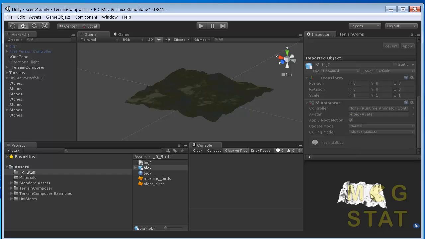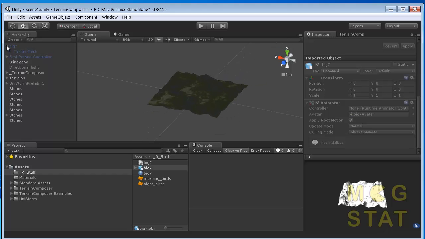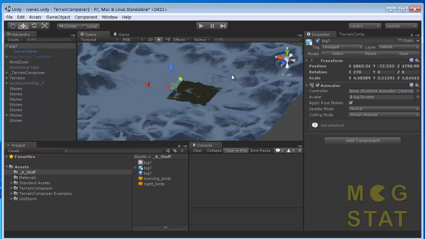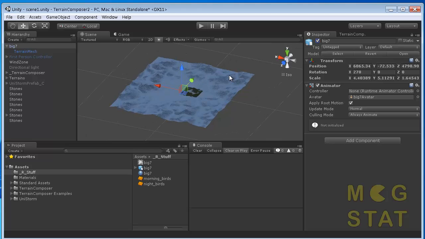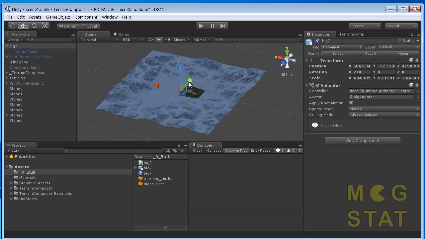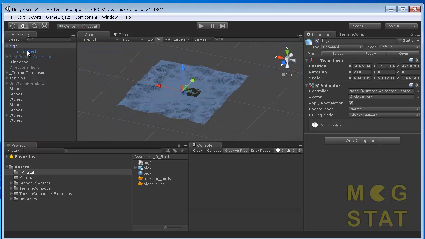It's just a mesh object, 2000. And what I did with that, and this is the part that's quite hard to explain, is when you import it at 2000, it comes in at the same size as this terrain. So what I did was I